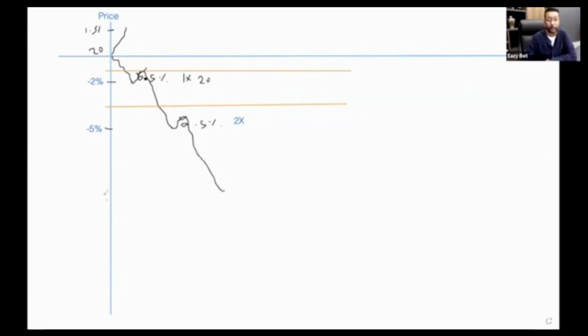At the price of minus 8%, minus 8% is going to initiate another buy. But that buy is going to be of a value of 4x this time, just to have bigger volume down here and bring down the average price. Again, it's going to have the same kind of 0.5%